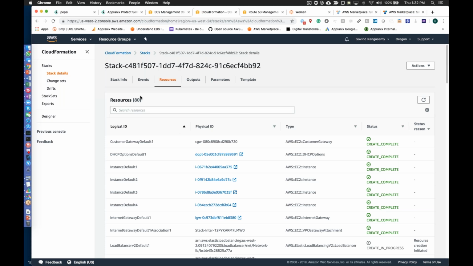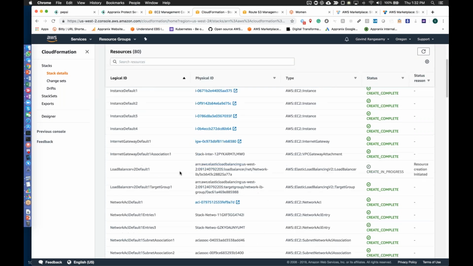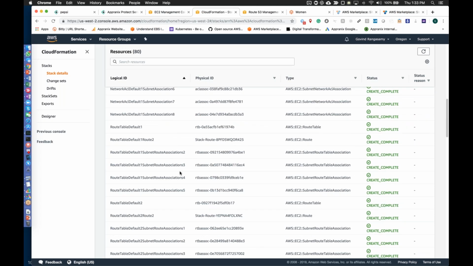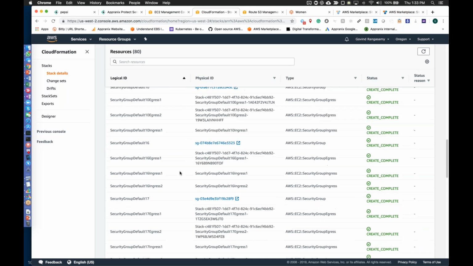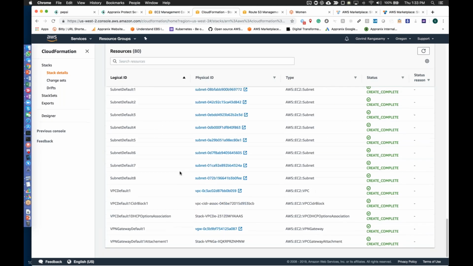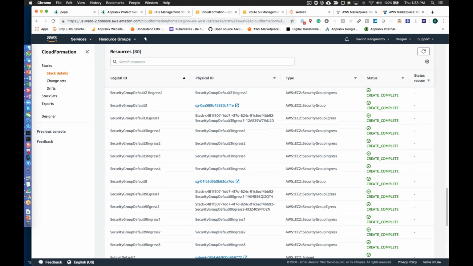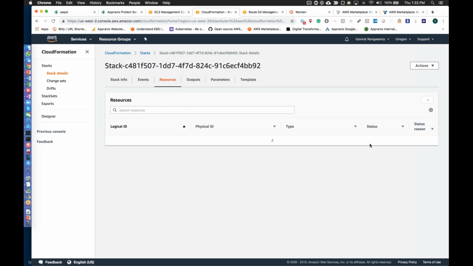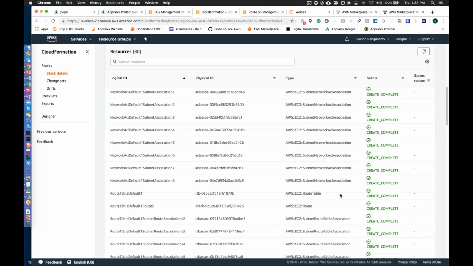So you can see all these resources need to be appropriately brought up in the right order. You don't have to worry about the order specifically, because that is also automatically handled, right? All of that will be brought up. As the system brings up the entire application, you'll have to wait.